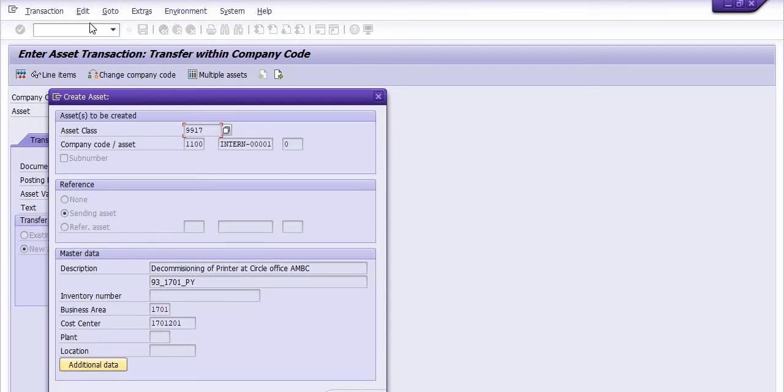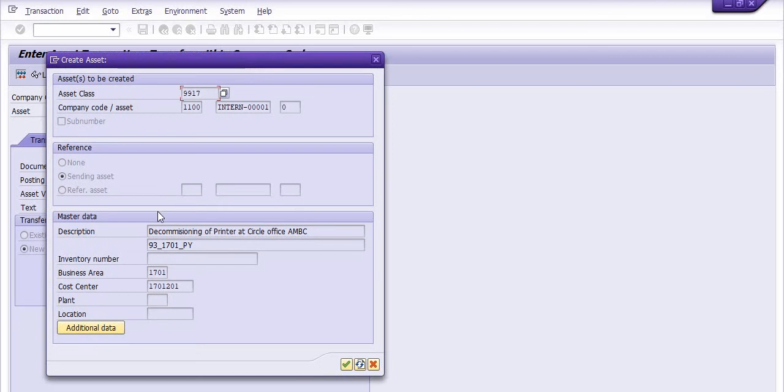We have to maintain the ordinary depreciation at Z00 if not maintained, and click on create.